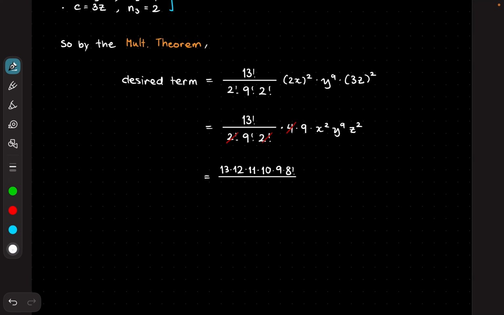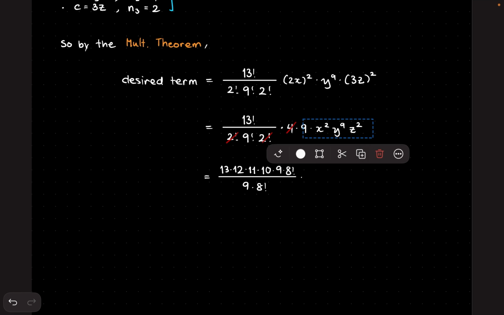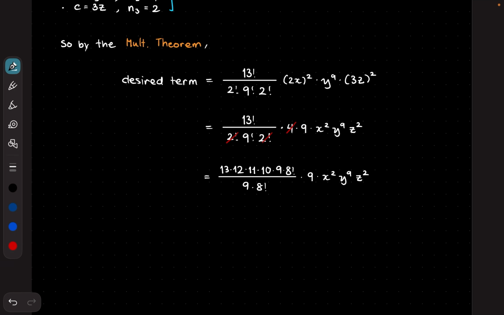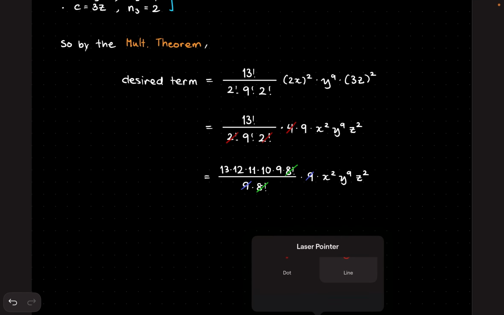And on the bottom, take note that 9 factorial we can express as 9 times 8 factorial. Then just copy the remaining stuff out here. Why did I express it that way? Well, observe here that the 9 cancels out, and furthermore, the 8 factorial cancels out. So all that is left to do